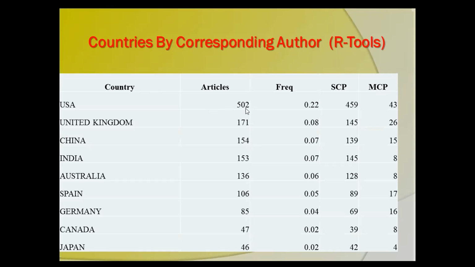If you do the article published, 502 is SCP, single country publication. This is MCP, multi-country publication. The single country publication is 459, but multi-country publication is not collaborating to publish the articles. At the same time, you can see the highest produced is the United Kingdom, with the highest multiple-author publications. This kind of analysis we have to do for each and